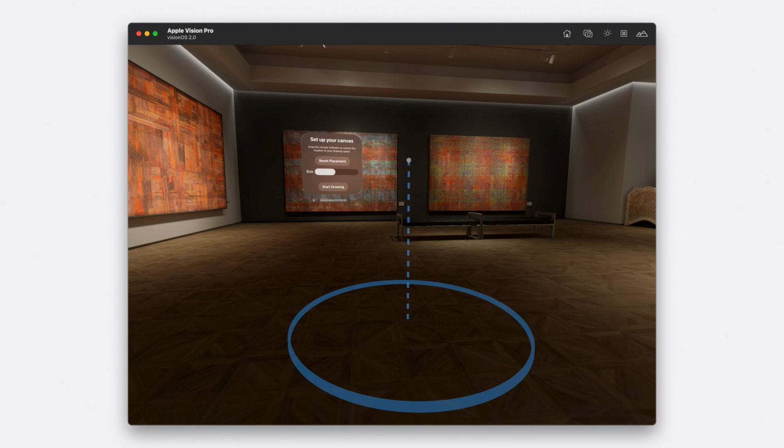Let's look deeper into how this interface can be built. We will start with the Canvas Placement interface. This interface allows you to define the drawing area. There are two elements which comprise the immersive space during canvas placement. On the floor, a 3D shape delineates the edge of the canvas, and a handle can be used to change the canvas location.